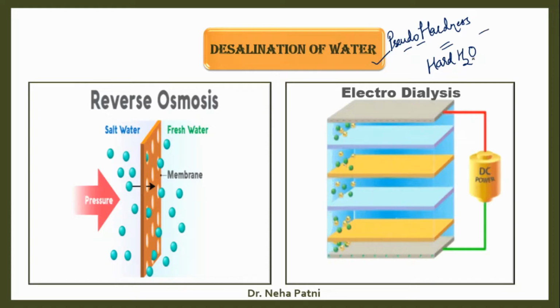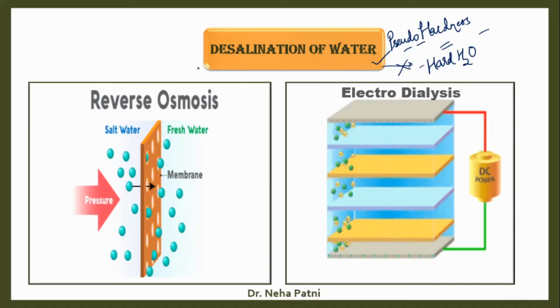So if such kinds of salts are present, like excess of sodium salts or potassium salts, the process you are going to use is what is known as desalination of water. Obviously this method is not meant to remove or treat hard water. Rather, we will focus on brackish water, brine water, salty water, like that.